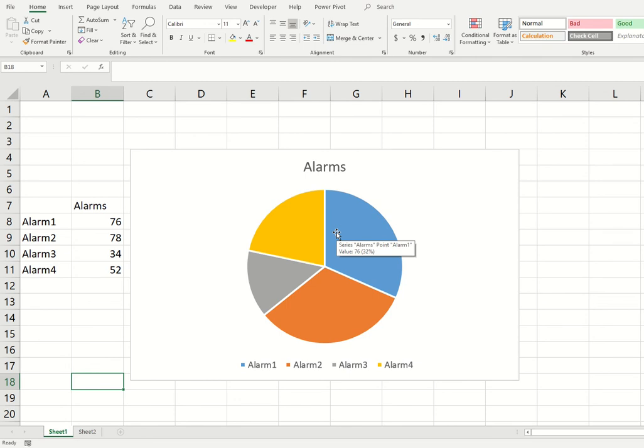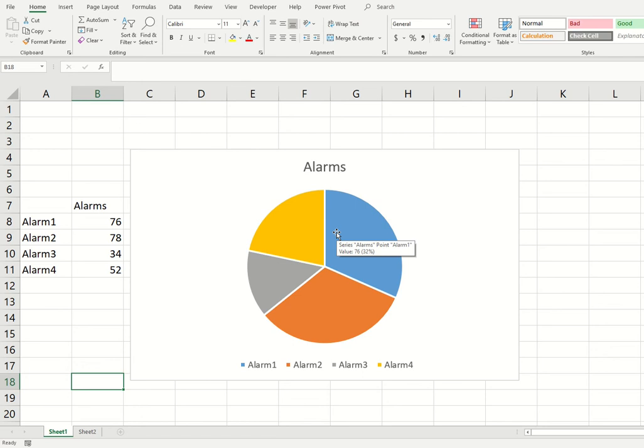That means in a pie chart, as a user we don't need to calculate the percentage additionally. Excel will automatically calculate the percentage from the input values.